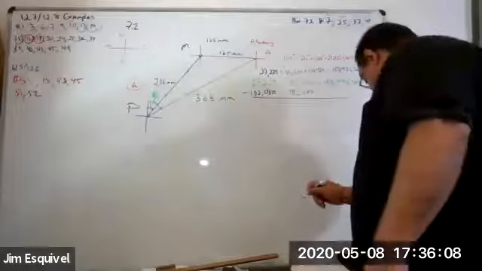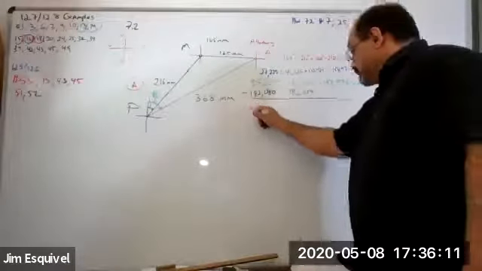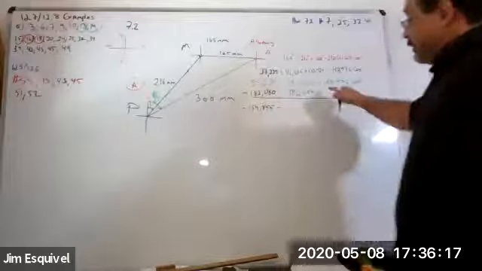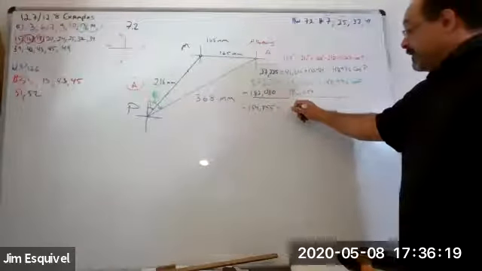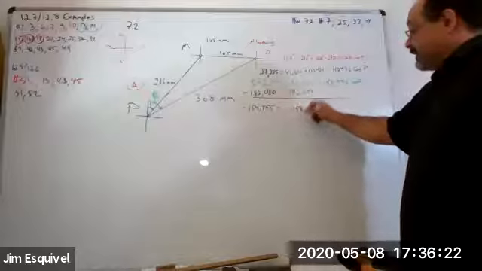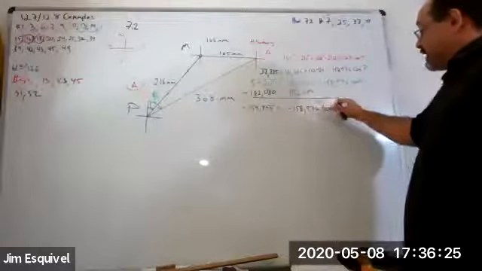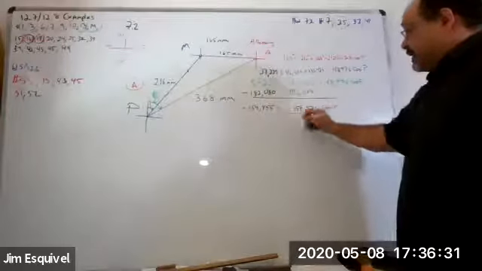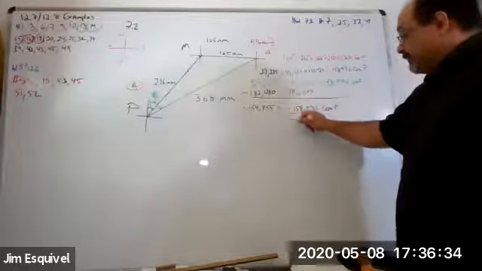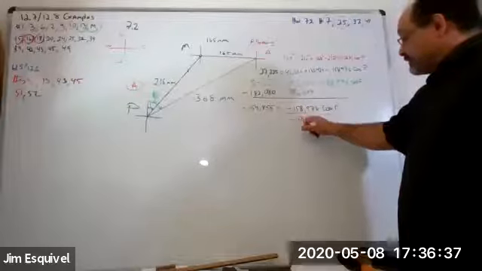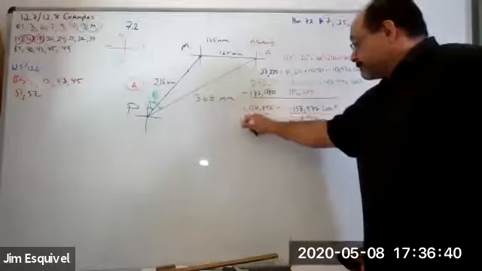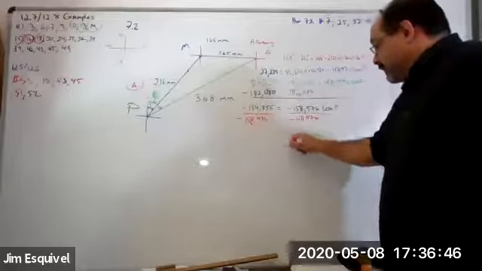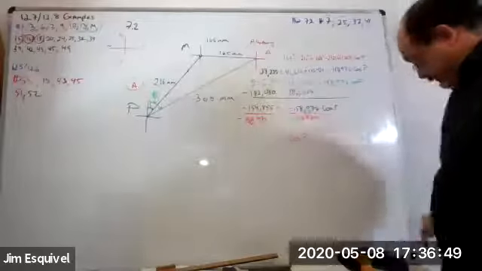That gives us negative 154,855 equal to, don't forget the negative, negative 158,976 cosine angle P. Divide both sides by negative 158,976. And the cosine of angle P is equal to a positive